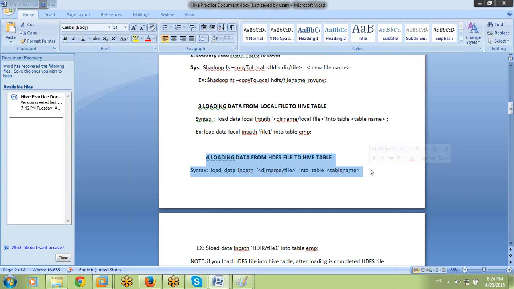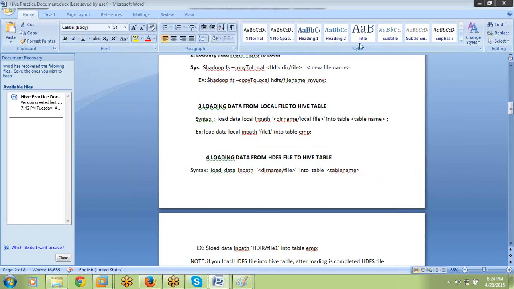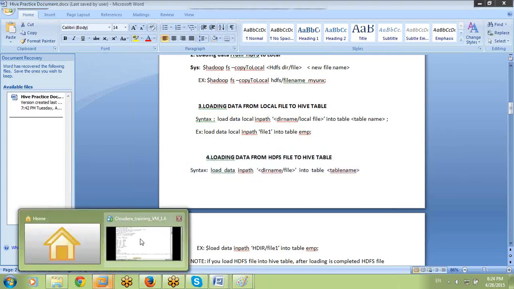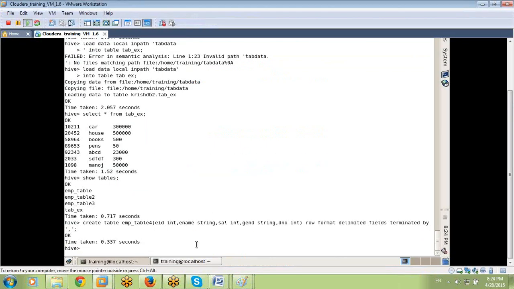In the third arrow, local is there. Right, friends? You can give me your replies through chat also. Why is local not there? Because we are right now in the fourth arrow, loading from HDFS to a Hive table. That's why there is no local.